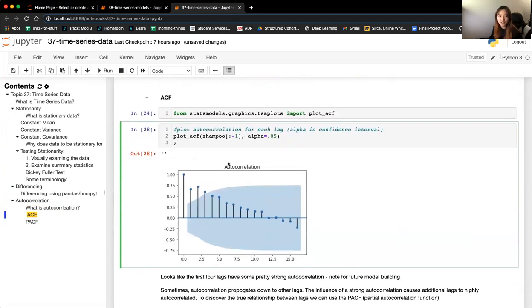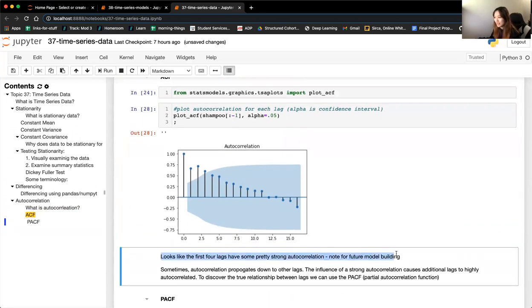So yeah, it's a very common pattern to see that autocorrelation is slowly going to get less and less over time. Because you imagine if there's a trend that is continuing, the more time you look forward, the less that trend stands, if that makes sense. So autocorrelation, we can see here,